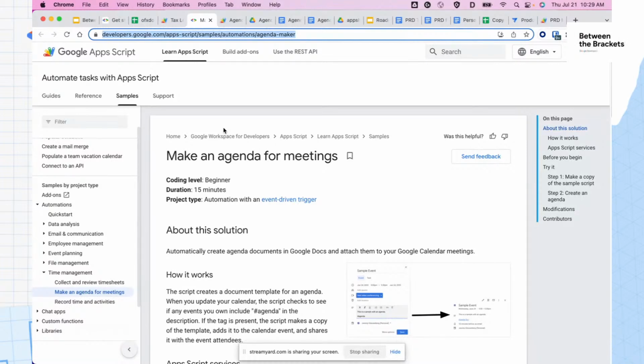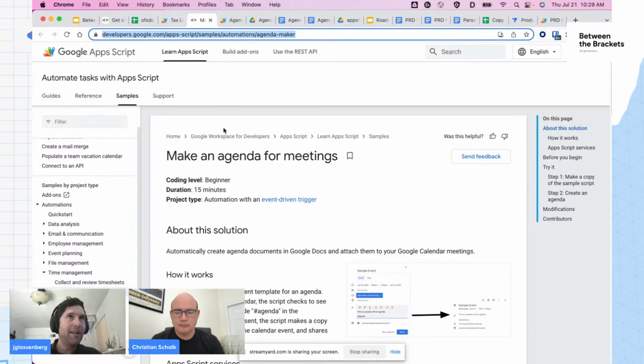And this I've used at several companies to make it easier to say when you're creating a meeting, this will automatically create an agenda document for you to fill in for that meeting. So this is going to work with the Google Calendar API. It's also going to work then with the Google Docs API. The Google Calendar API so that we can know when there's an event where we need to create an agenda, and then Google Docs to basically create off of a template a nice meeting agenda document for the users to